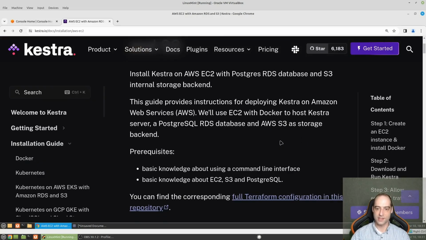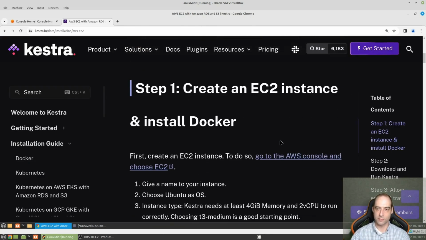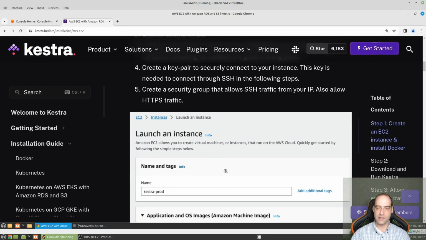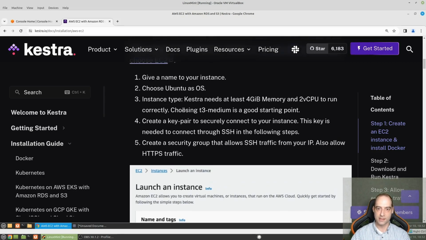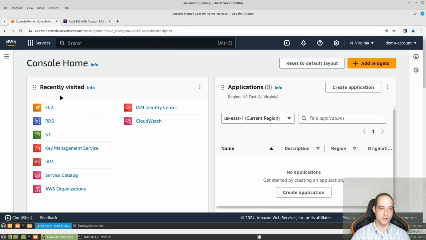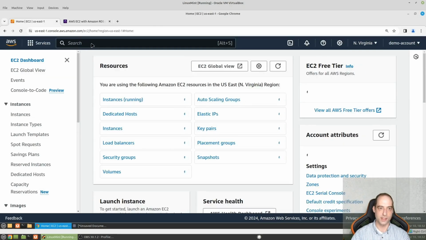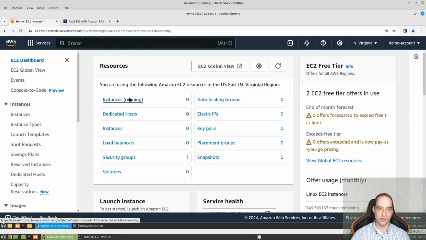Okay, so just at a glance, if we look here, we're going to create an EC2 instance and install Docker. Generate keys. If you're more of a learn by reading type of person, you can follow the documentation, use this video as a reference, and vice versa. I'm going to go ahead and start an EC2 instance, looking here with Ubuntu, 4 gigs of memory, and 2 virtual CPUs. So if we just click on EC2, or we could have searched up here, go to instances,